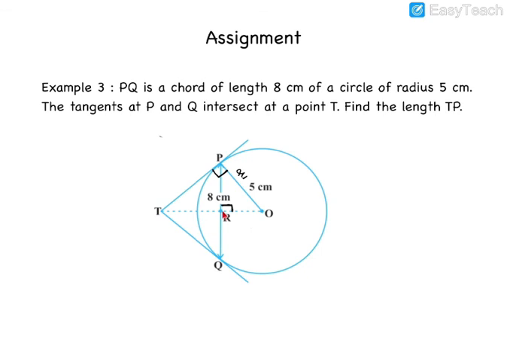Now OR is a perpendicular drawn from the center, therefore it will bisect the chord PQ. Therefore we have PR equal to RQ, and hence PR will be 4 centimeters because length of the complete chord is 8 centimeters. Now in this right triangle PRO, hypotenuse is 5, PR is 4, therefore RO will be 3 centimeters. So once you get RO as 3 centimeters, PR is 4 centimeters,